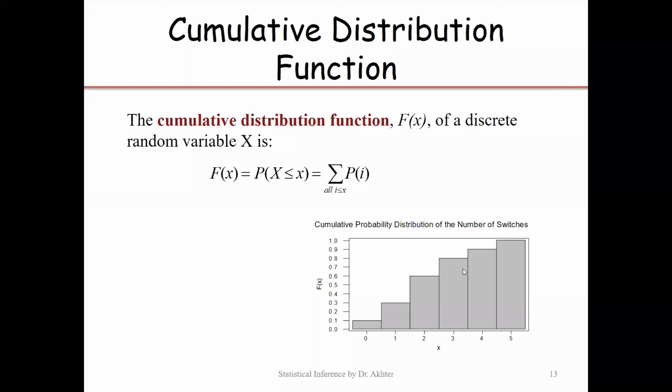So I have already defined the cumulative distribution or the distribution function. It is also known as distribution function. It is represented by capital F. And probability distribution is represented by small f. It is the probability distribution as we were discussing on the previous slide. It is also represented by P(x). The P(x) or f(x) is a probability distribution.